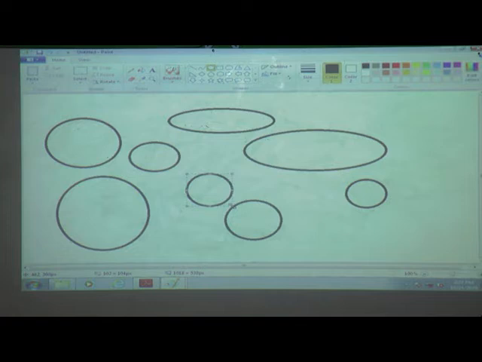How to draw? Firstly select which tool? The oval tool. Select the oval tool and take the mouse pointer where we want to draw, and then press the mouse left button and drag the mouse.